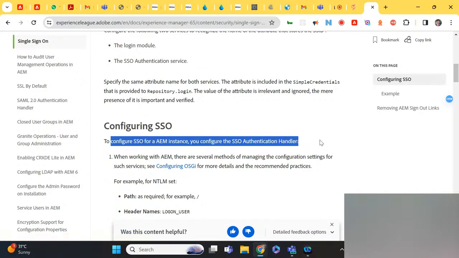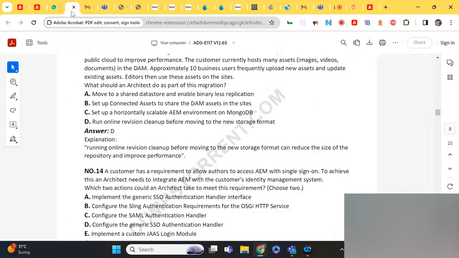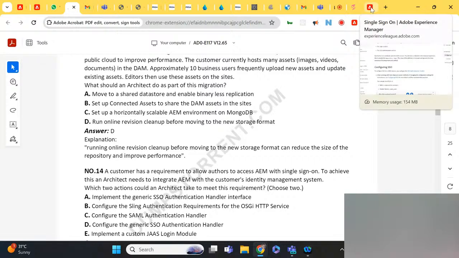So it is a bit confusing because we were always thinking SAML for SSO, but SAML is an independent authentication protocol. I would say probably that authentication handler is not needed for SSO. For SSO we have the SSO authentication handler. That's what is clearly mentioned here.